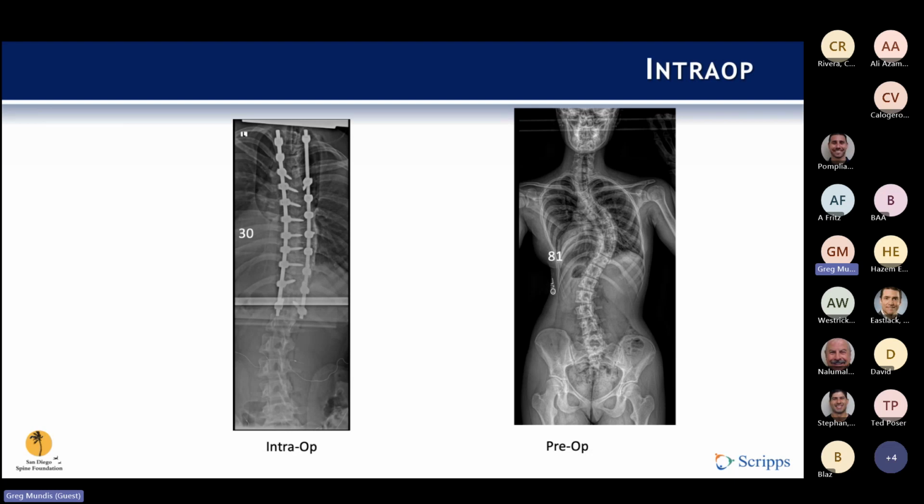But we had to work really, really hard on this one. I don't have the intraop images, so I apologize for that. But I can update the slides for next year, I guess. I think I have some. But we ended up using a planned rod for this one. So we had the rods